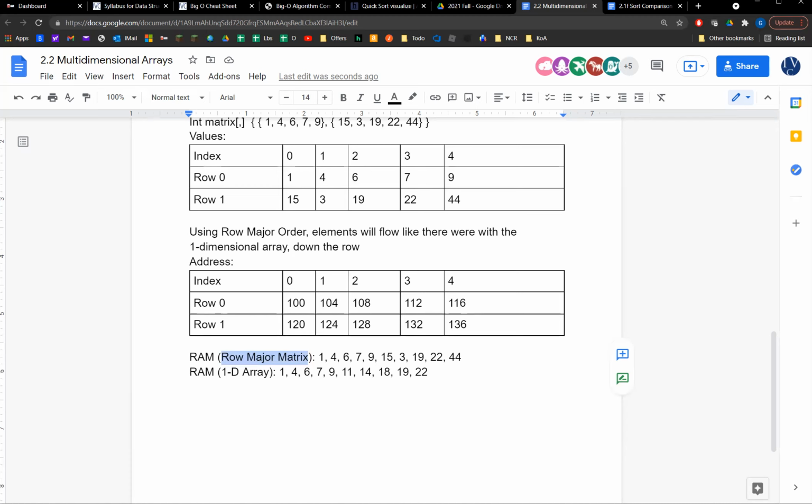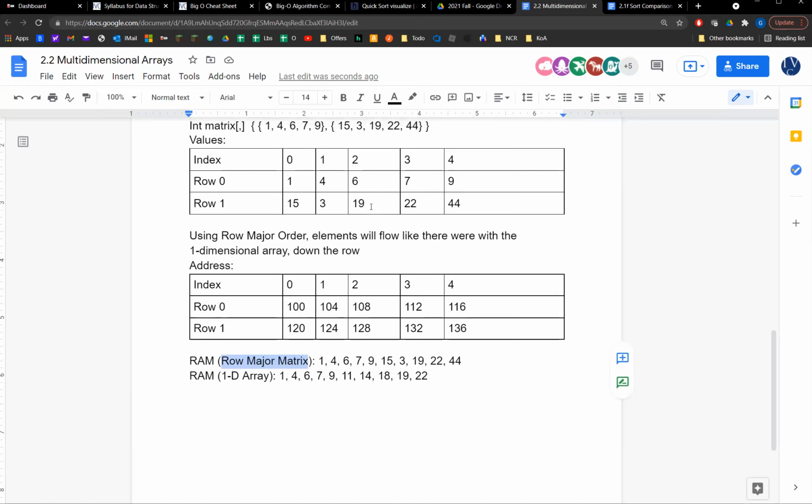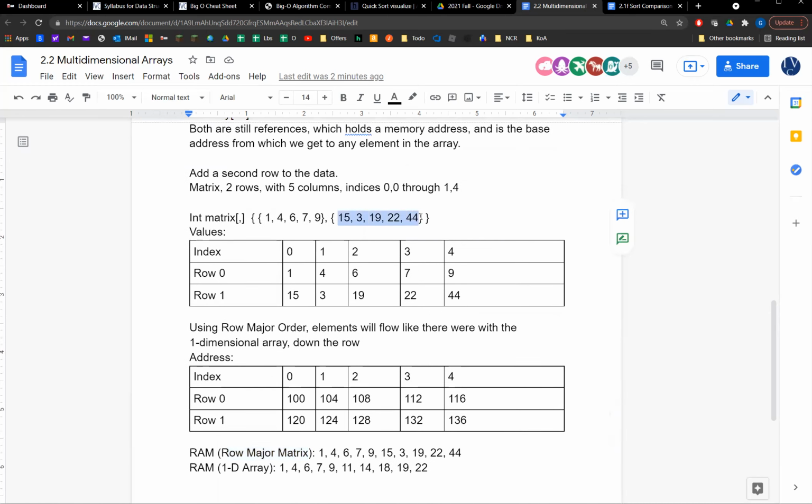Can you rephrase your question, Mohammed? How do I get row 1 for values? The values are here, and if I actually just initialized it, let's